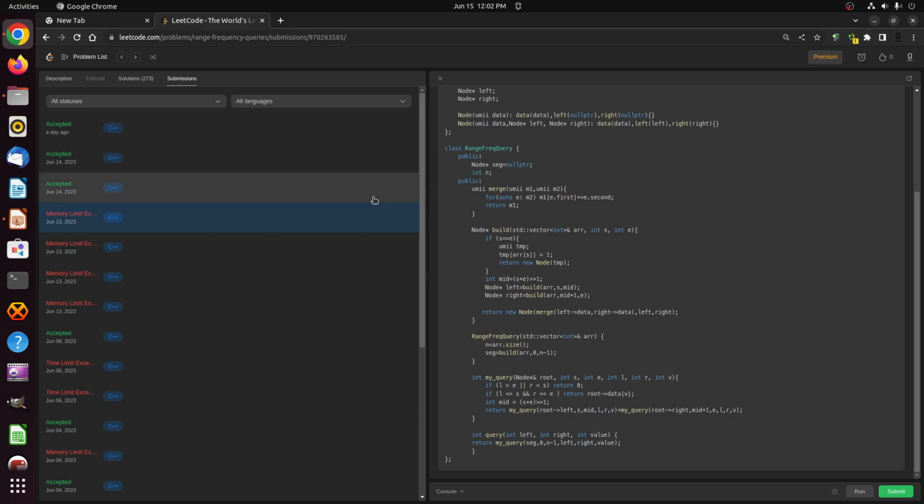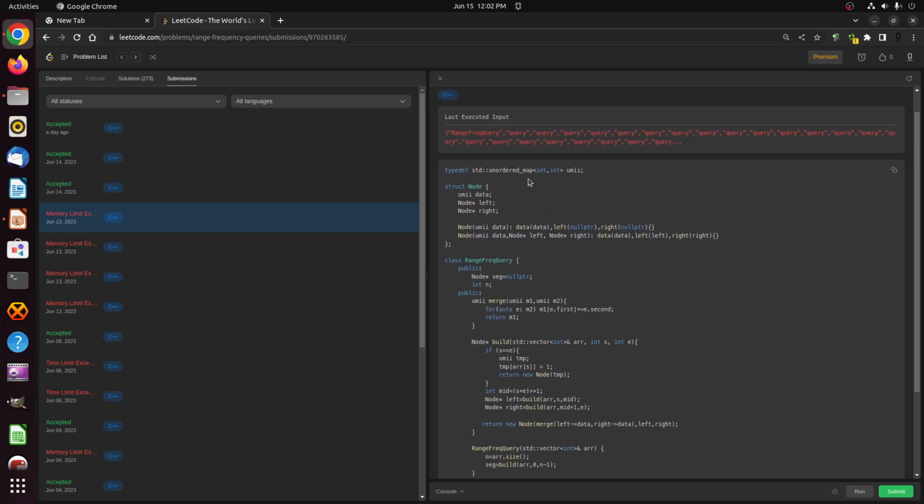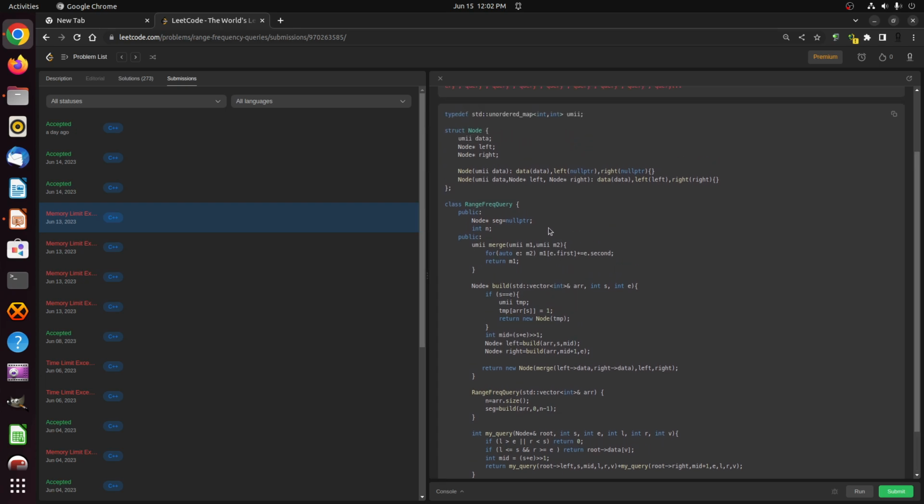Maybe because we have extra data here, an extra piece of information, which is the struct node, especially these two data, left node and right node, or maybe when I merge,